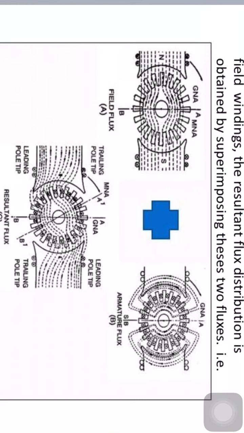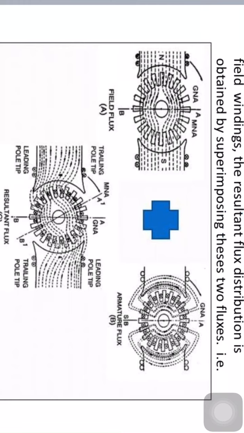This is because commutation occurs at the coils located on the brushes only, and the coil undergoing commutation comes under the influence of the alternate pole. Hence the direction of current changes from plus to minus or vice versa. This induces a very high magnitude of reactance voltage in the coil, which emerges out in the form of heat energy along with sparking, thus damaging the brushes and commutator segments.